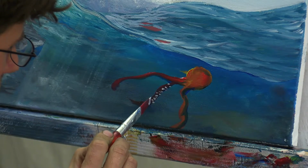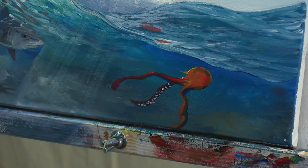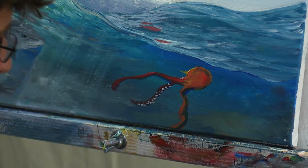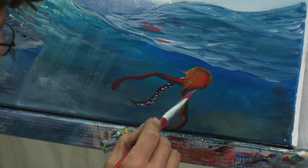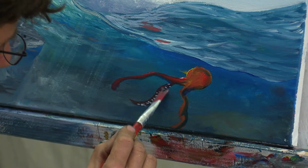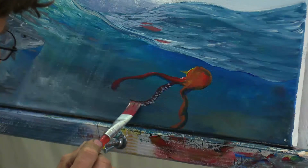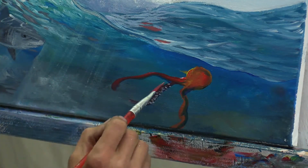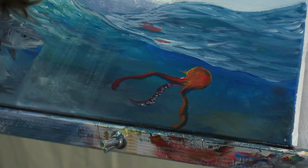Boy, this really takes some concentration doing that. I'm trying to put these in nice, organized little rows, those little tentacles. Let's get some of this color. There we go. We don't want that to be too dark. Let's keep it too light. Let's keep it nice and dark. Okay, we got our little suction cups. Like that. Let's put some